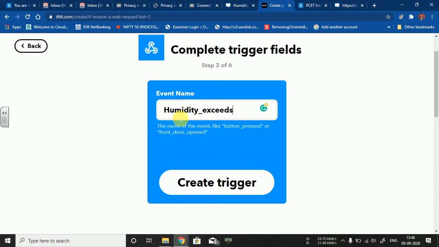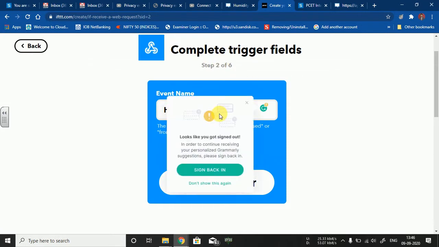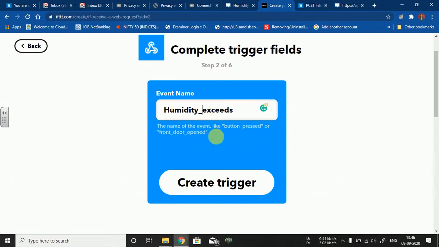You need to take care that whatever name you provide for the template should not have any spaces in between, because we are importing this event name in the URL provided, and as we know, spaces are not allowed in a URL. That is why I have written humidity underscore exceeds. I am simply copying this because it is required afterwards. Now you can click on Create trigger.